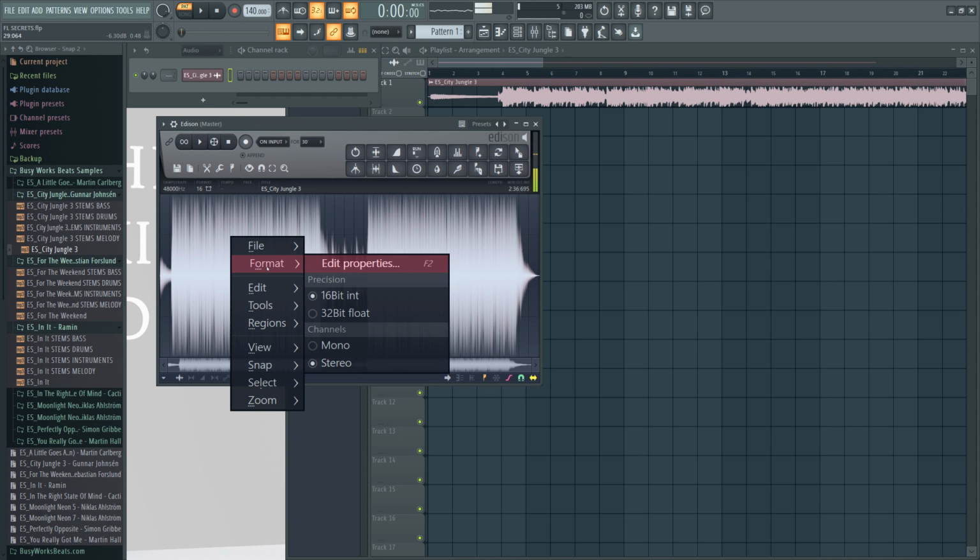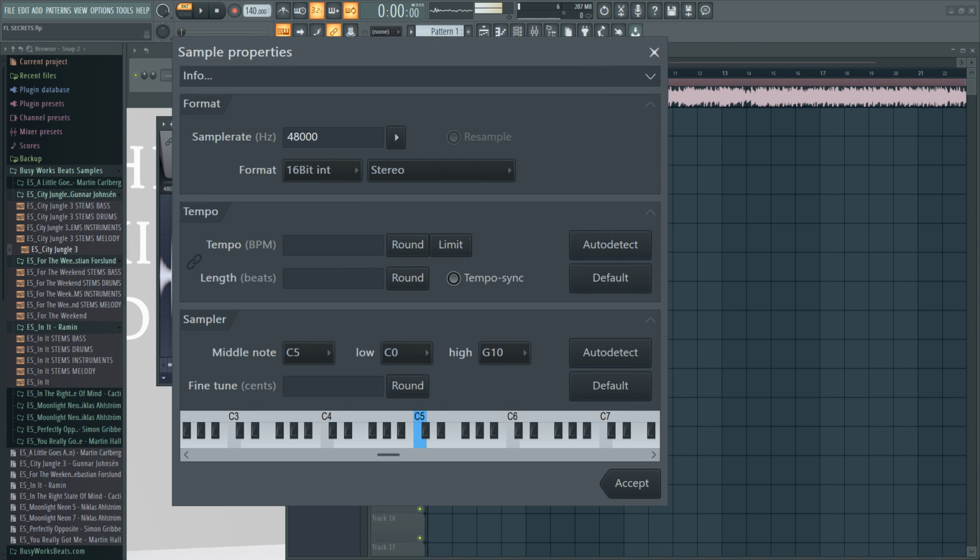Right click, and we're going to go to format, and we're going to edit properties. Now under edit properties, we're going to change the sample rate, similar to running this through a drum machine or an old sampler. So let's drop the sample rate to, let's say, 22 kilohertz. And then let's click on resample. You even have a choice of 16-bit stereo or mono. It sounds cooler in mono because it sounds older, but we're going to leave it in stereo. Let's just hit accept. And what I'm going to do is A/B the raw versus the affected.